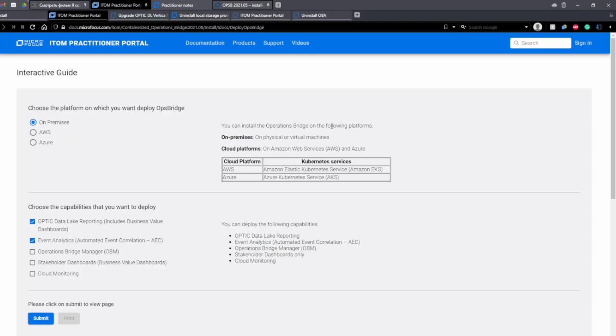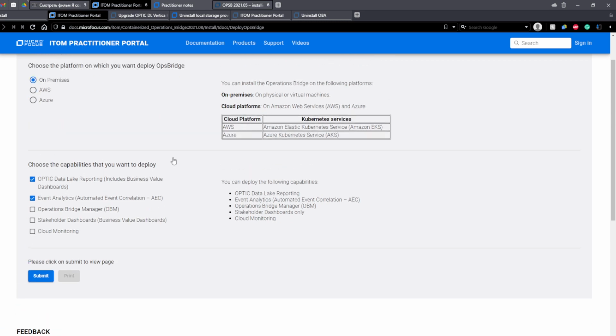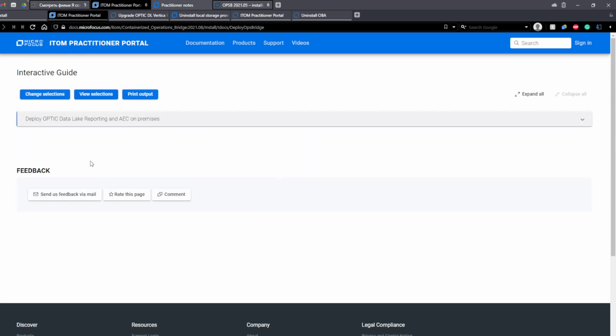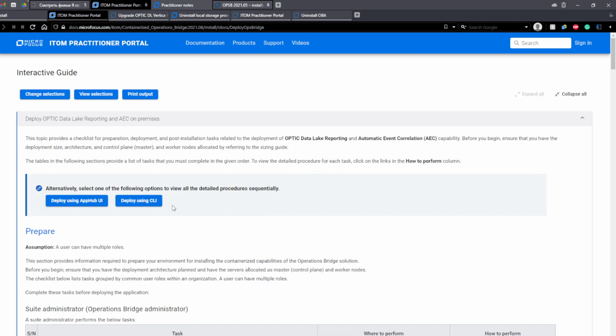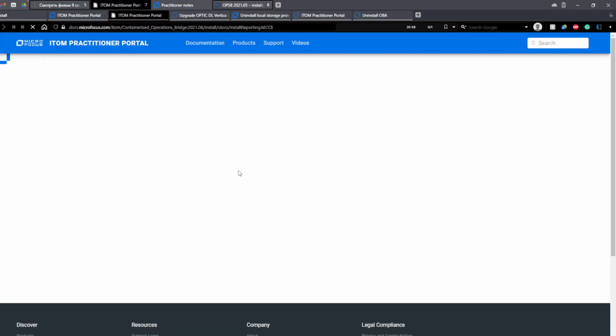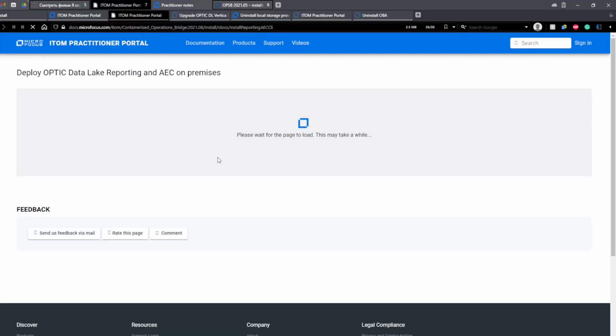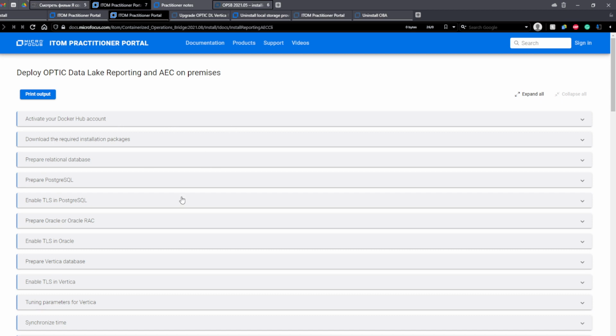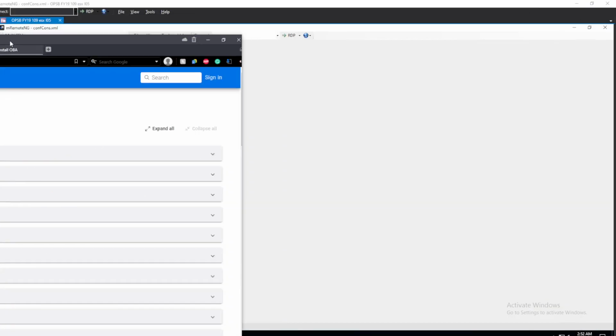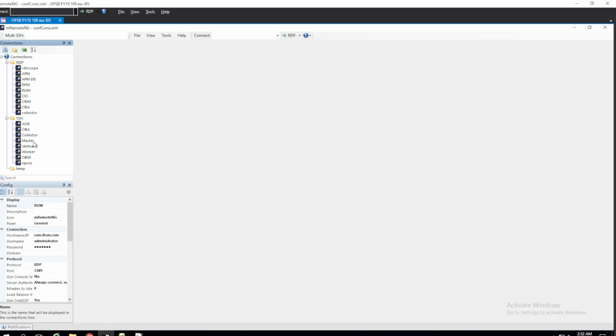But in case there are some differences between what I'm doing over here, because this is the 2105 version that I have documented for myself, if the 2108 version differs somehow and I see mistakes, I'll be correcting them using this interactive guide from the Optic section. Okay, and we'll be choosing to use CLI. Although UpHub is nice, I'll keep it for the next version, right? And I'll move it to the other screen and we'll see everything unfold over here on our machine